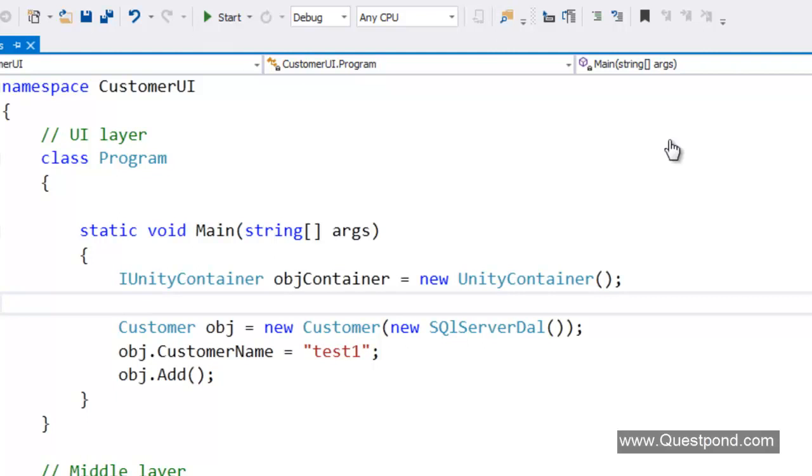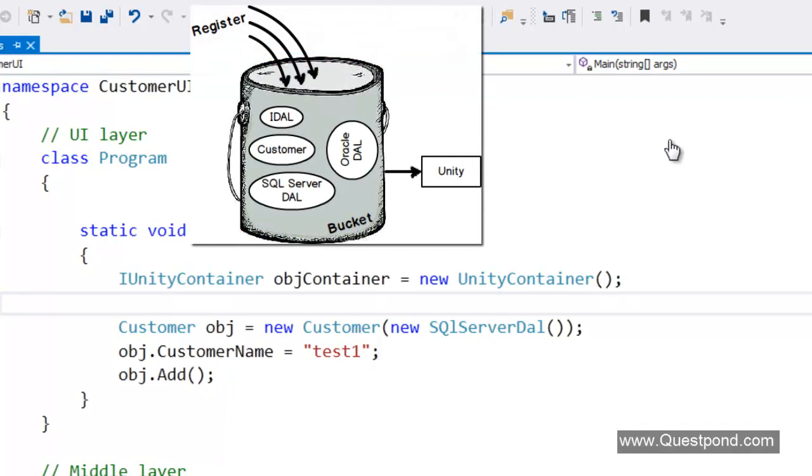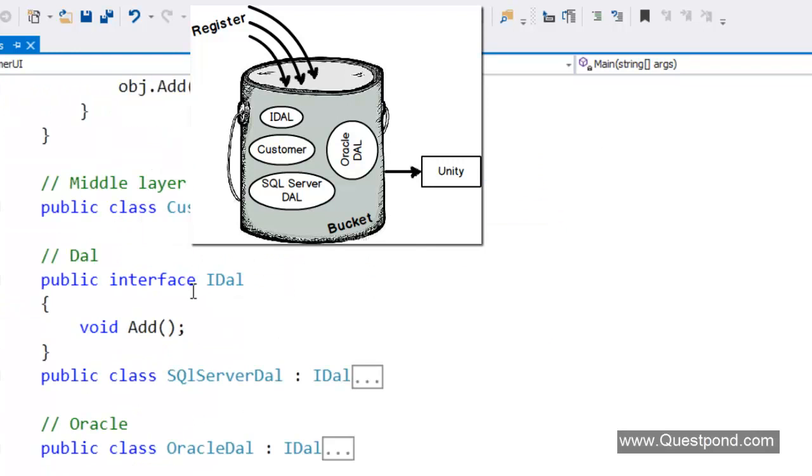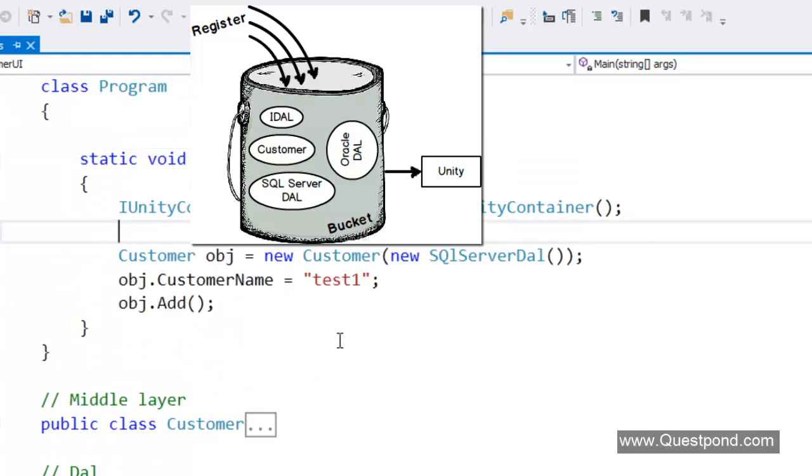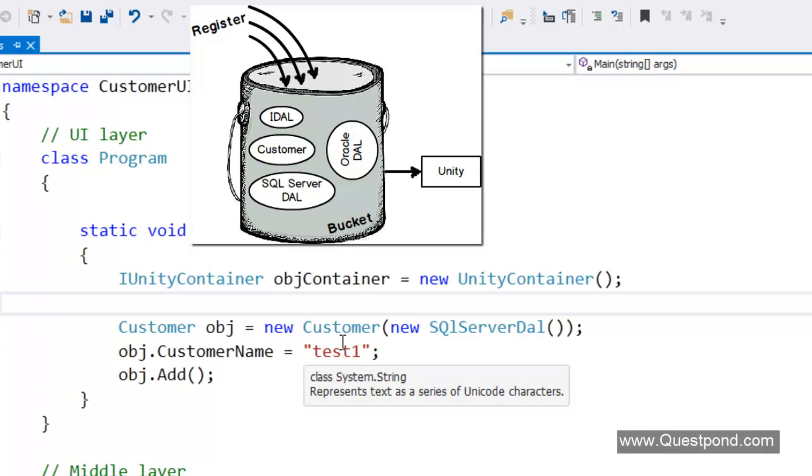Now remember, Unity application block is a third-party framework. In other words, it is not a part of the .NET framework, or directly a part of your application. So it has no idea what kind of classes your project has. For example, Unity application block does not know that you have a customer class. It does not know that you have a SQL Server class or an Oracle data access layer class, right?